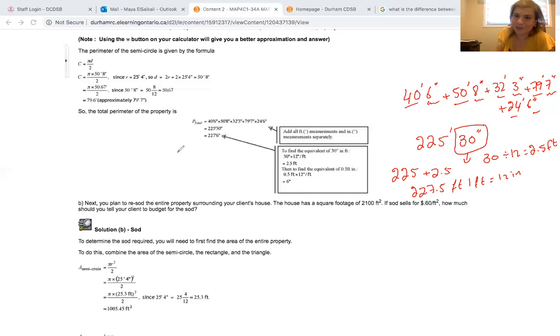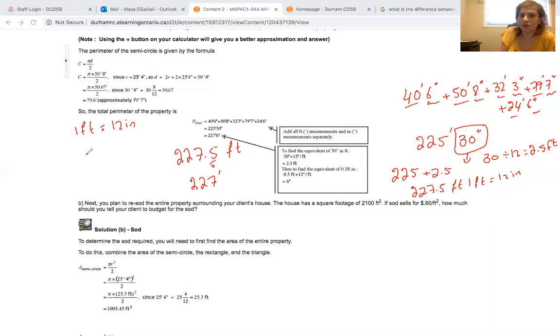So I have 227.5 feet. Now remember that when we're talking about feet, we don't report decimals, we report feet and inches. So what I have is half a foot. Half a foot is 6 inches because again, remember, 1 foot is 12 inches. So if I have half a foot, that's 6 inches. So my final answer is gonna be reported as 227 feet, and